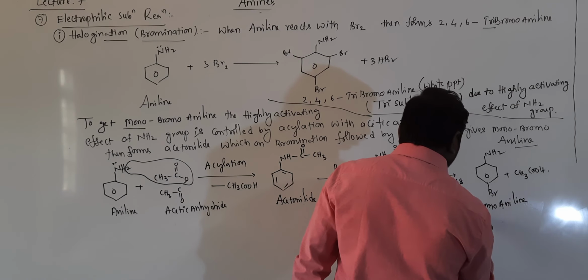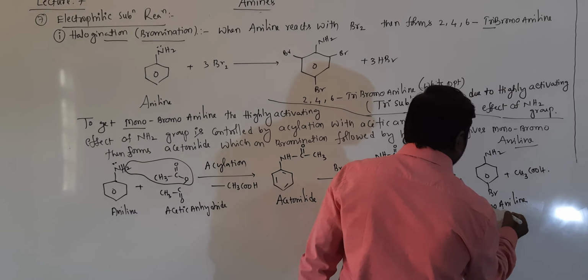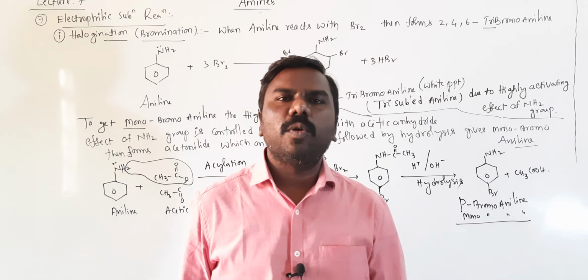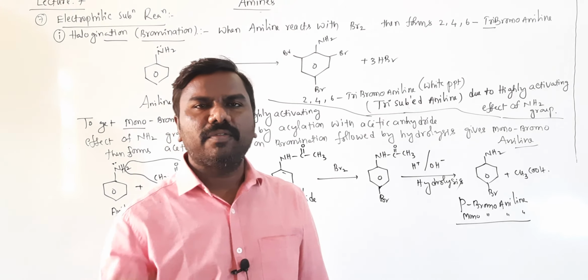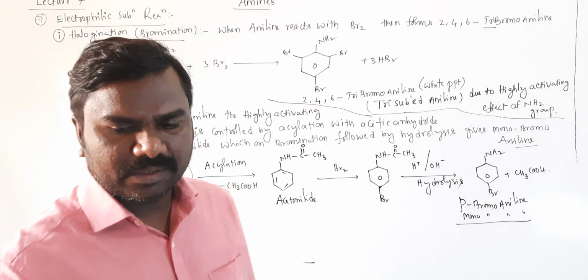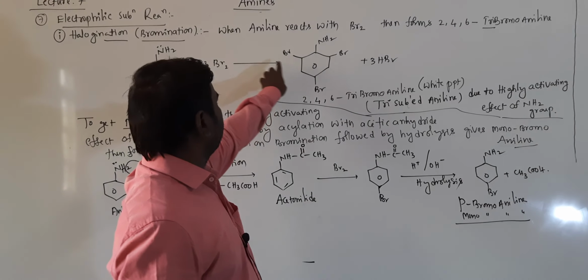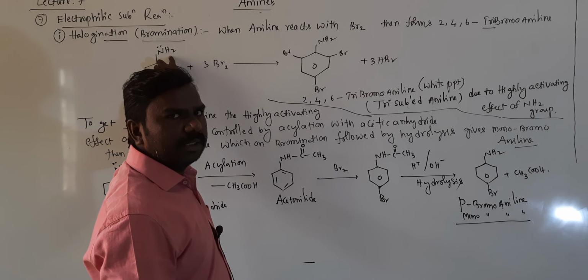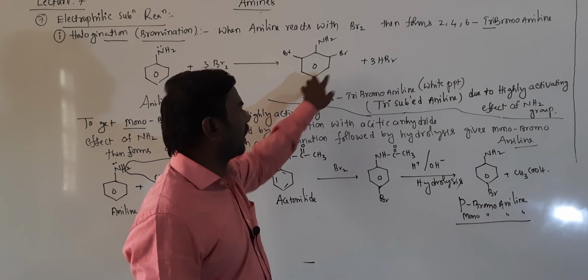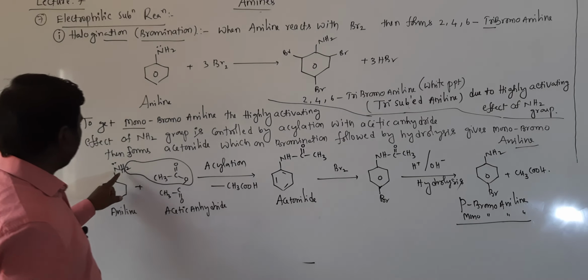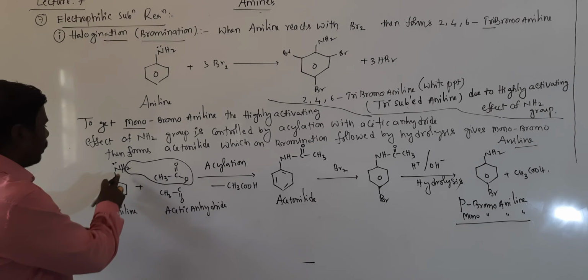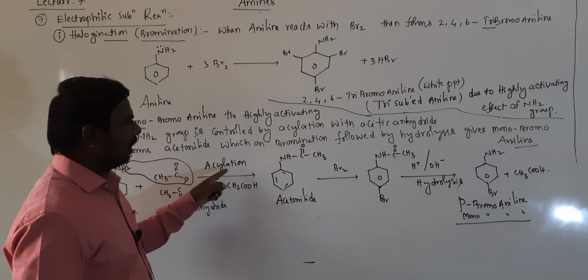Monobromoaniline is formed. Monobromo: one bromine is attached instead of three bromines. Getting, students? In the above reaction, I didn't control the effect of NH2 because it is highly activating, so three bromines attached. But in the second reaction, the highly activating effect of NH2 is controlled by acylation, then